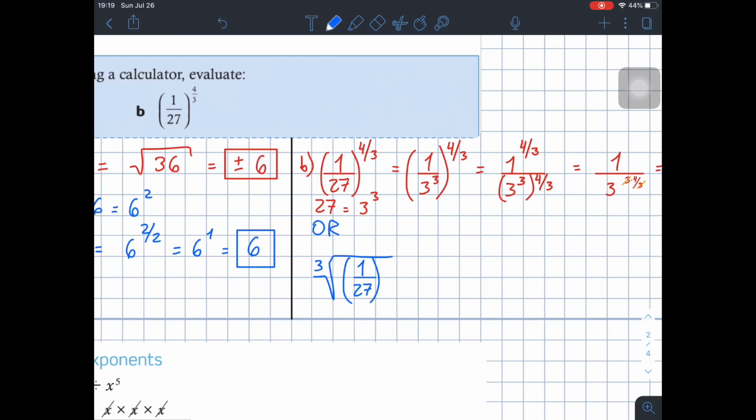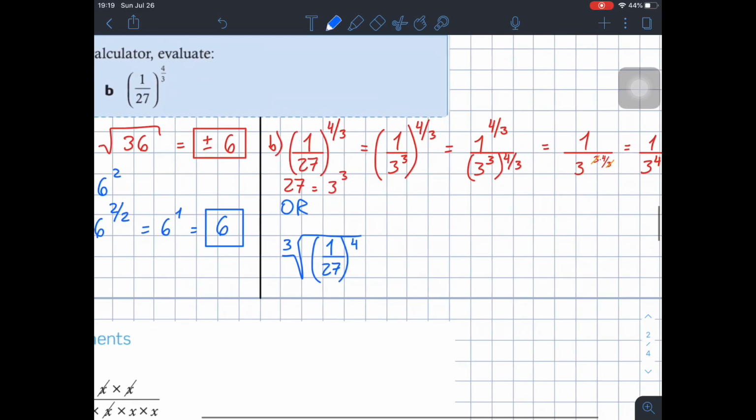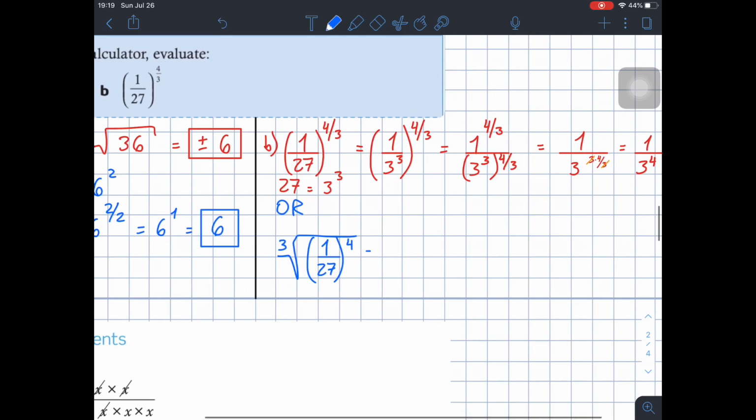So to the 4th power, there. Okay, so once again, we can rewrite the 27 as 3 cubed. So this is 1 over 3 cubed, and all of this is to the 4th power, right? Okay, so now we can distribute the exponent, 1 to the 4th power and 3 cubed to the 4th power. So we would get as a result